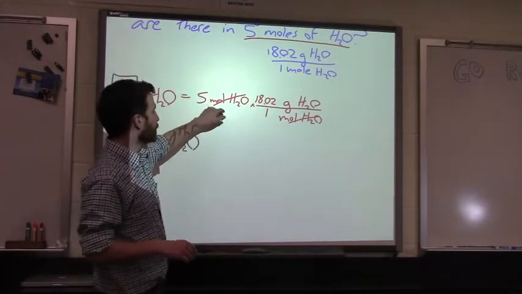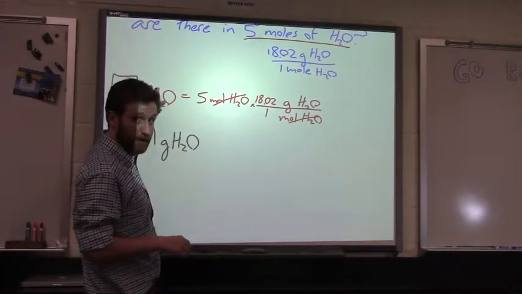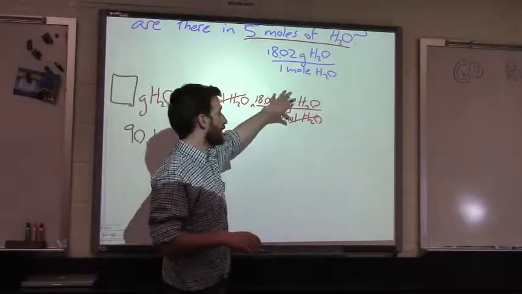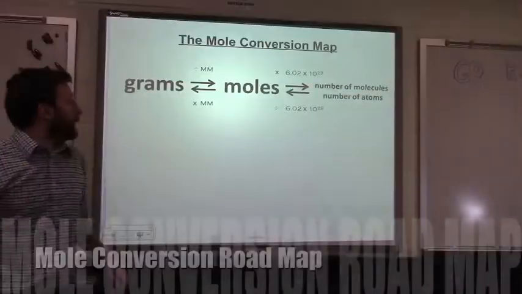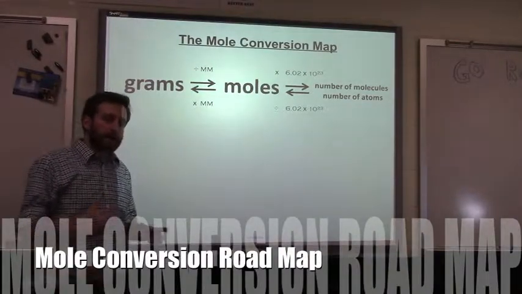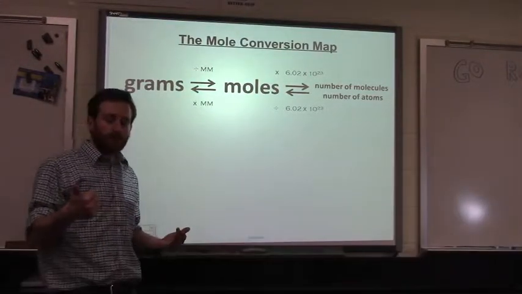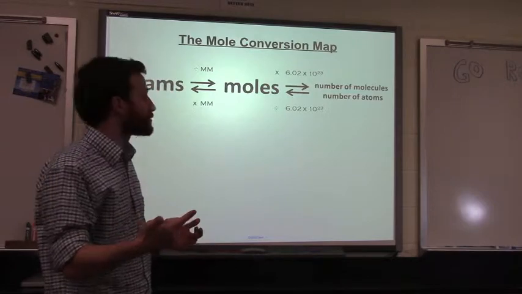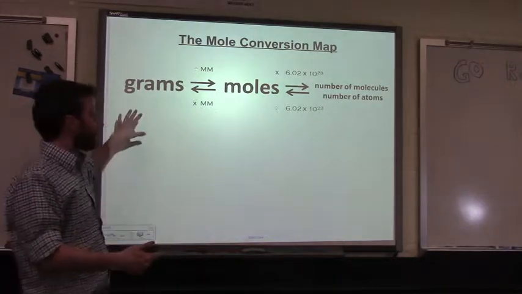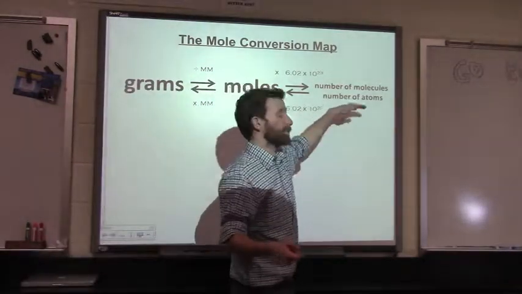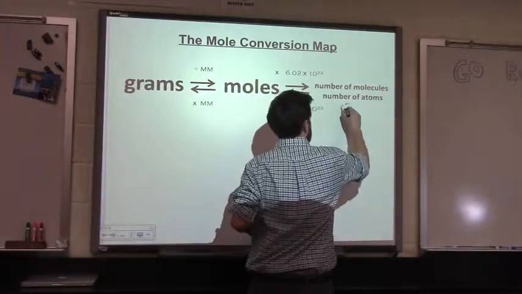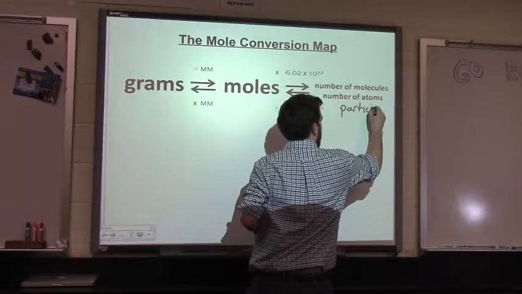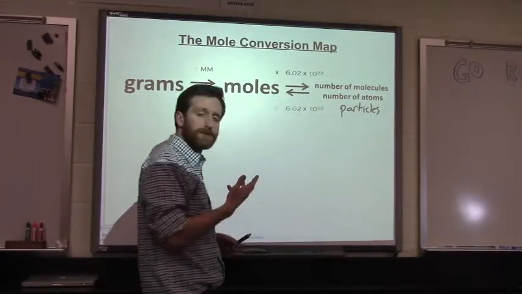wanted to go from moles to particles, or moles to molecules, I would just use Avogadro's conversion factor instead of the molar mass. And so here's a nice little roadmap to show you how you can use molar mass and Avogadro's number to convert between grams, moles, and number of particles, molecules or atoms. So this over here represents particles. And we'd use this roadmap